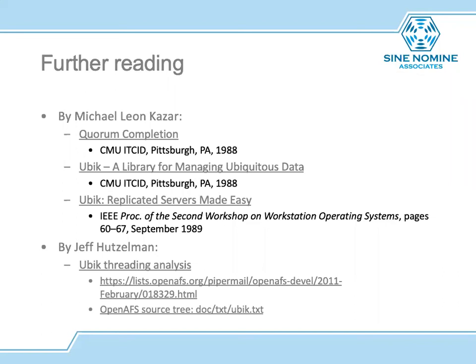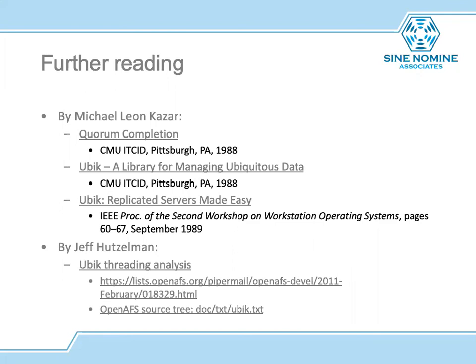But it does do a better job than I did of comparing the reason why they chose to use Ubik rather than use the more well-known two-phase commit at that time. I can't remember if I said that or not. Yeah, I did say that at the beginning, that the reason they did not use an implementation of two-phase commit is because of the well-known restriction of two-phase commit. If one member of the distributed system is down, writes are blocked completely, and Ubik skirts that restriction. It just does its guarantees of consistency in a different way that allows that restriction to be removed.